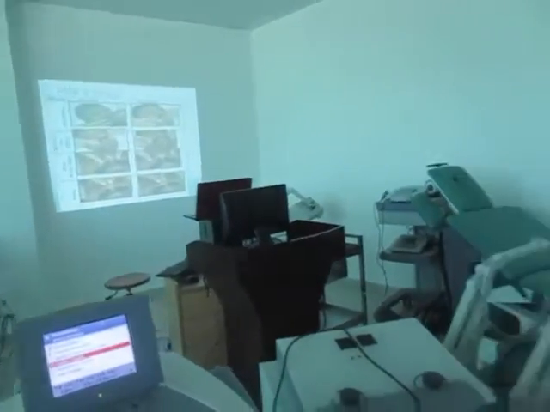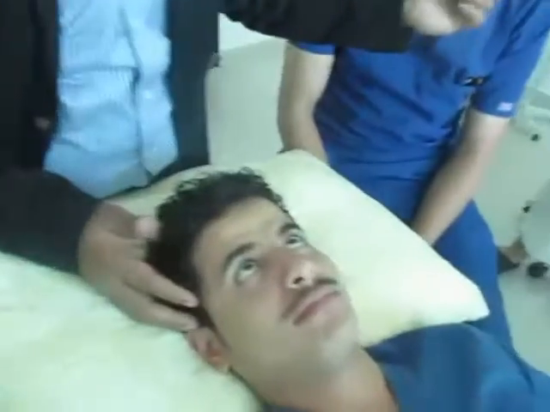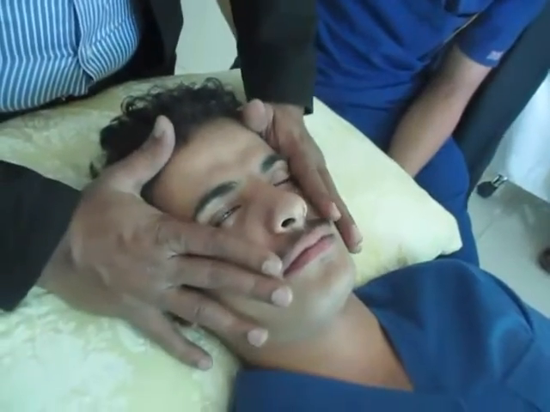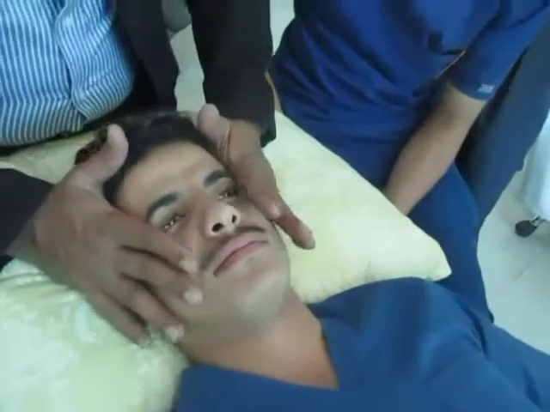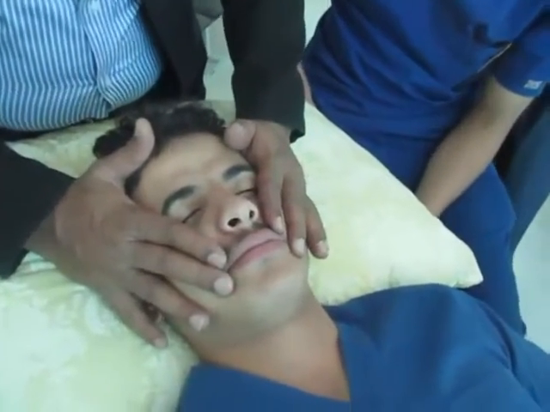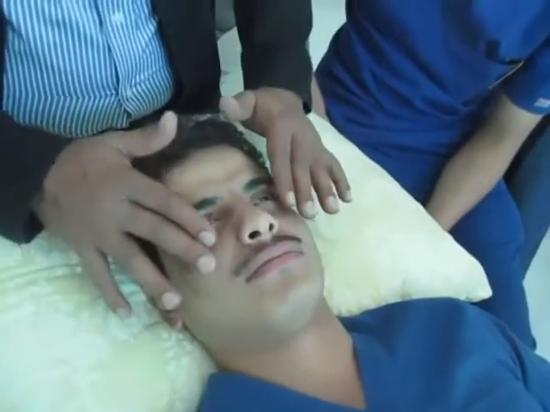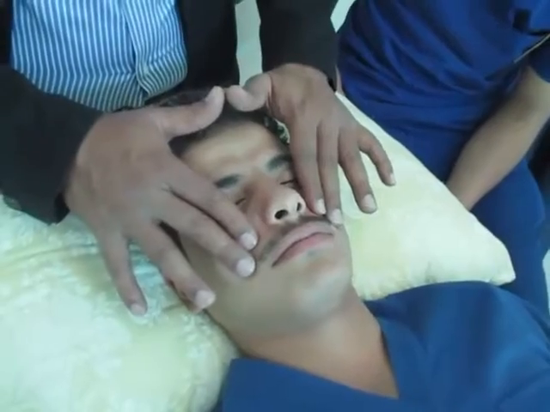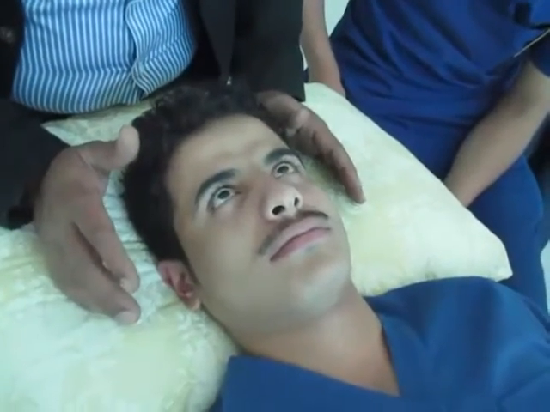Orbicularis. What is the next one? Zygomaticus major and minor. Can you smile? Come on, zygomaticus major. Smile. Good. Now relax. Now the muscle is like this. The muscle is coming from here and it is attaching here. Now I want to stretch this muscle. What will I do? I will hold here. I will stretch the muscle. Now when I ask you to smile, you smile.